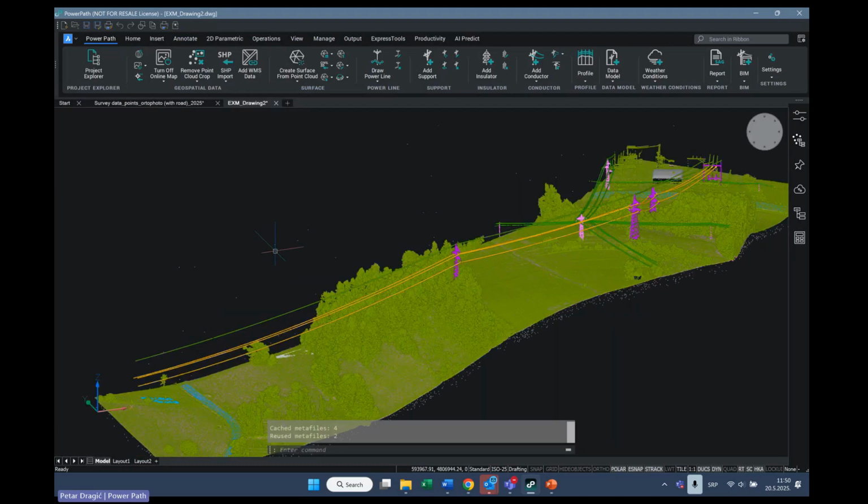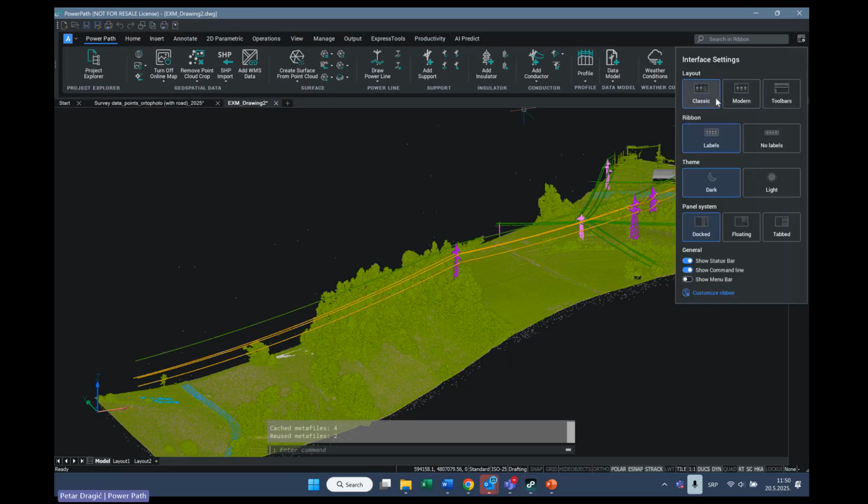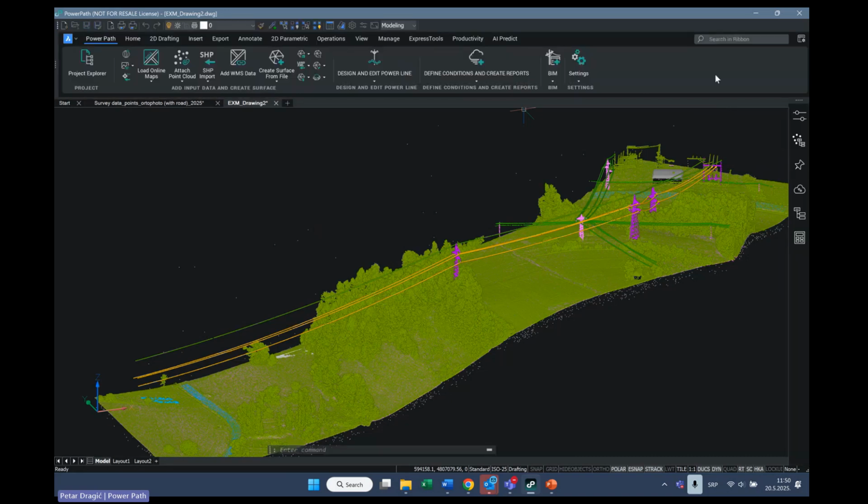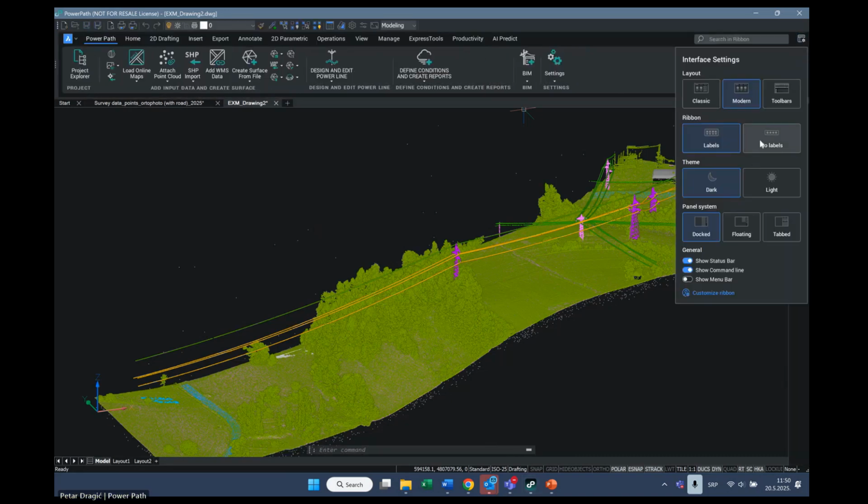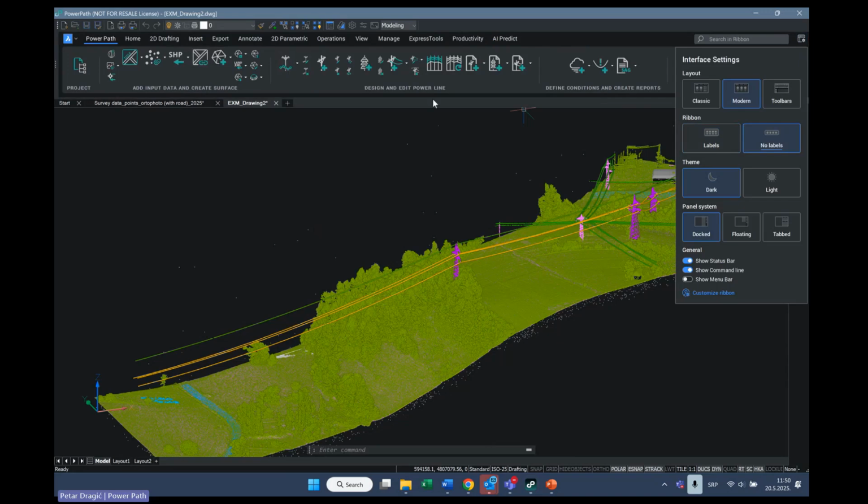It was in short the main features of PowerPad. For the end, what I want to show you more is, as those who are already using PowerPad can see, we have a new ribbon, or better to say, an improved user interface. If you go here in the right corner, you will see that you can find the option for interface settings, and it means you can change the preview of your ribbon.